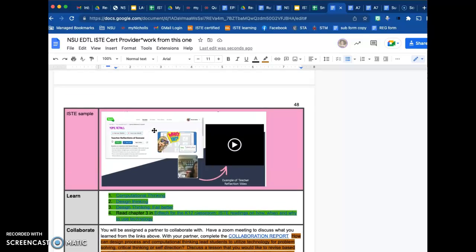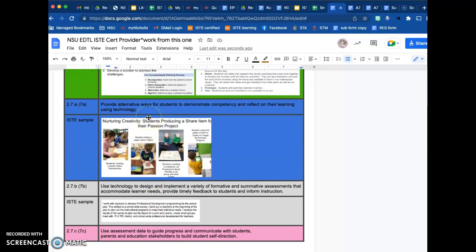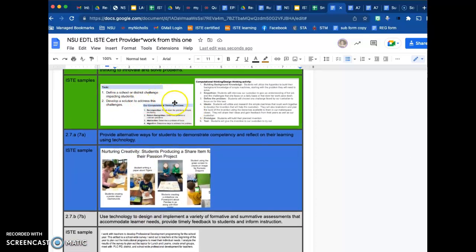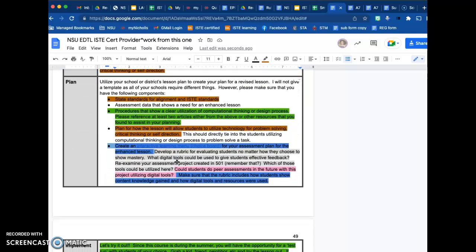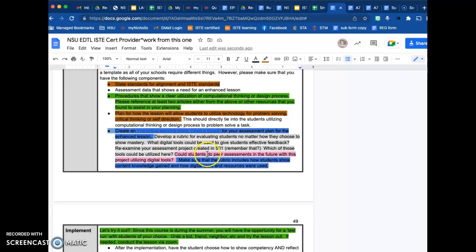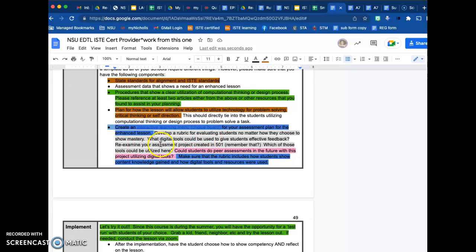Remember, go up here to these ISTE samples when you're talking about computational thinking and design thinking and nurturing creativity, and try to see if you can mimic those. Also, I want you to create an interactive learning menu or choice board so that your learners have a choice of how they can show mastery on whatever you are doing. Create a rubric on that